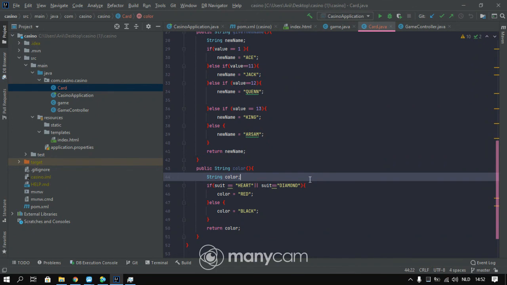And now incoming cards, we have to make also other method to know if it has already a name or not, because at this position we have only Ace, Jack, Queen, and King. These variables or these numbers are already defined. But if, for example, number 5 is coming, we want to know if the cards that player or dealer are going to play with already have a value or not. And that's why I'm saying here,